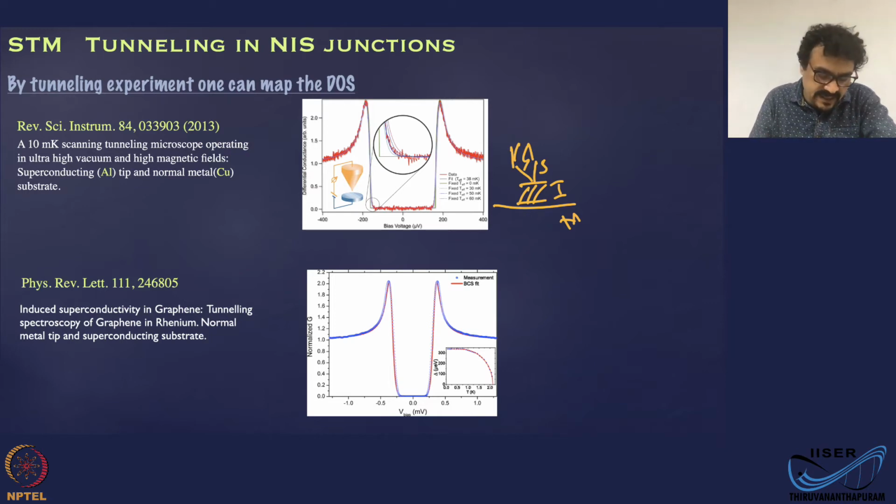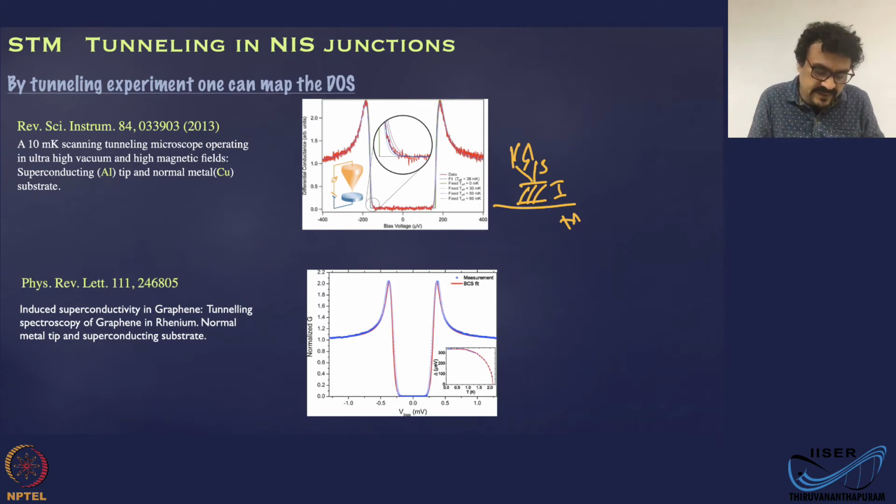So here in this experiment, you have a graphene substrate which has got induced superconductivity by proximity. That's a phenomenon which we are not going to cover in this lecture, but you can actually induce superconductivity in a non-superconducting material by keeping it in proximity with a superconducting material. So you can have the presence of these Cooper pairs inside the non-superconducting material to a certain distance.